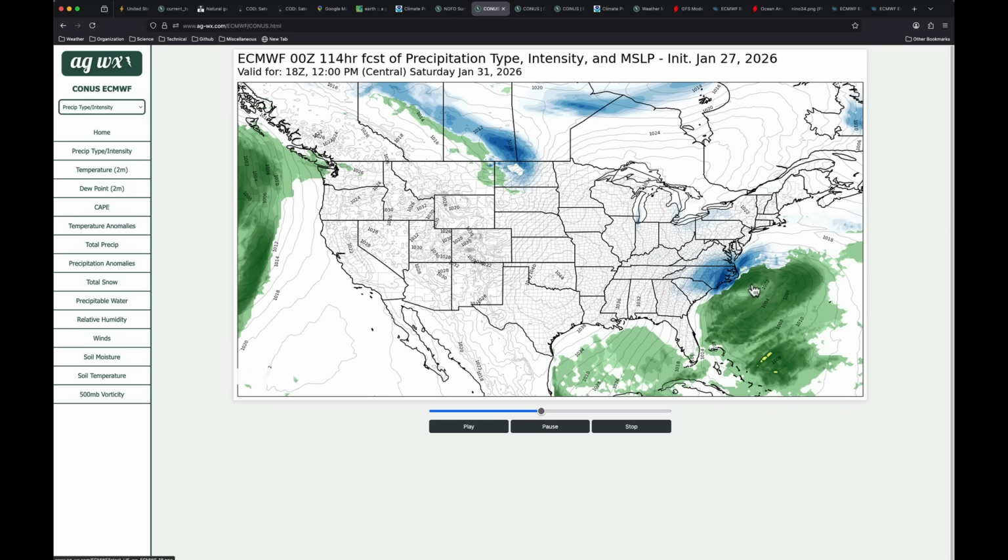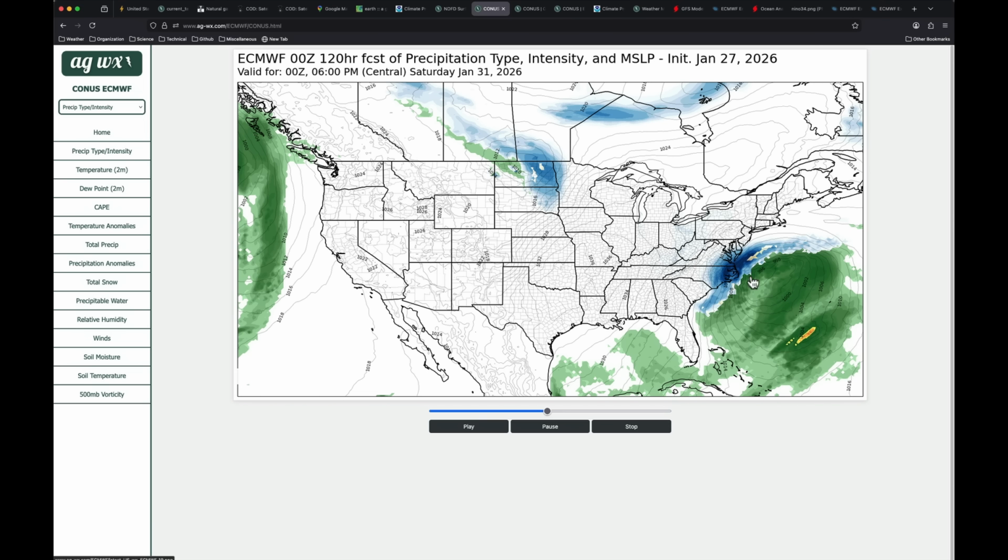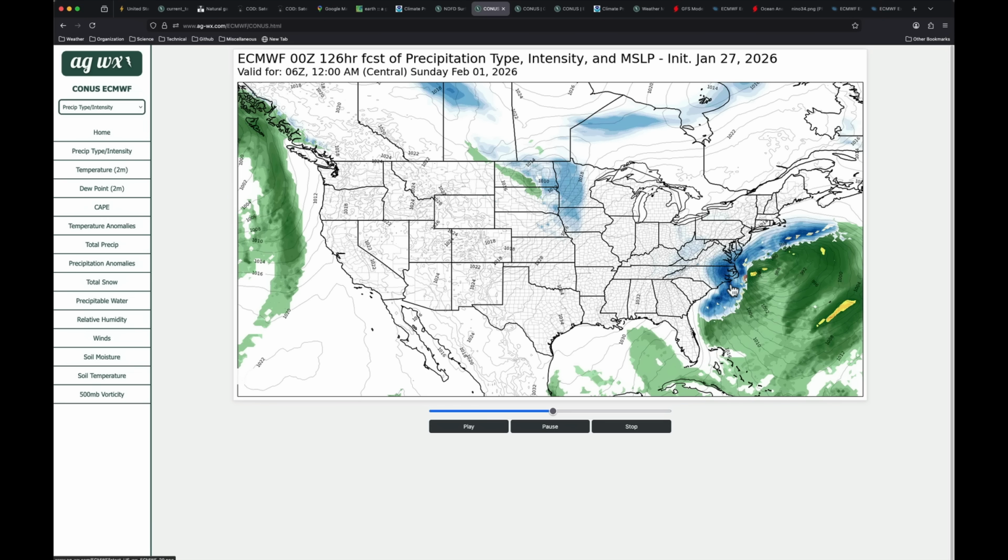We now have that coastal low forming off the coast of North Carolina. Plenty of cold air. We saw that in the forecast to help generate snow on the backside of this over North Carolina, perhaps portions of South Carolina. This could be a heavy snowfall event for a pretty localized area here, getting into Norfolk, eastern Virginia along the coast. This is Saturday evening as that low spins up.